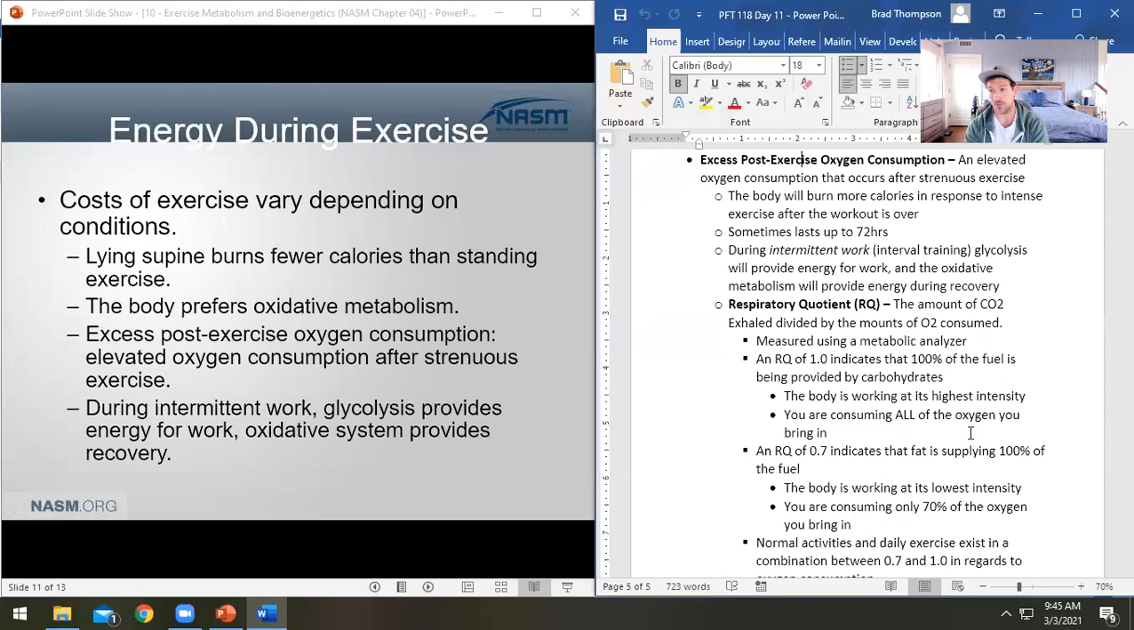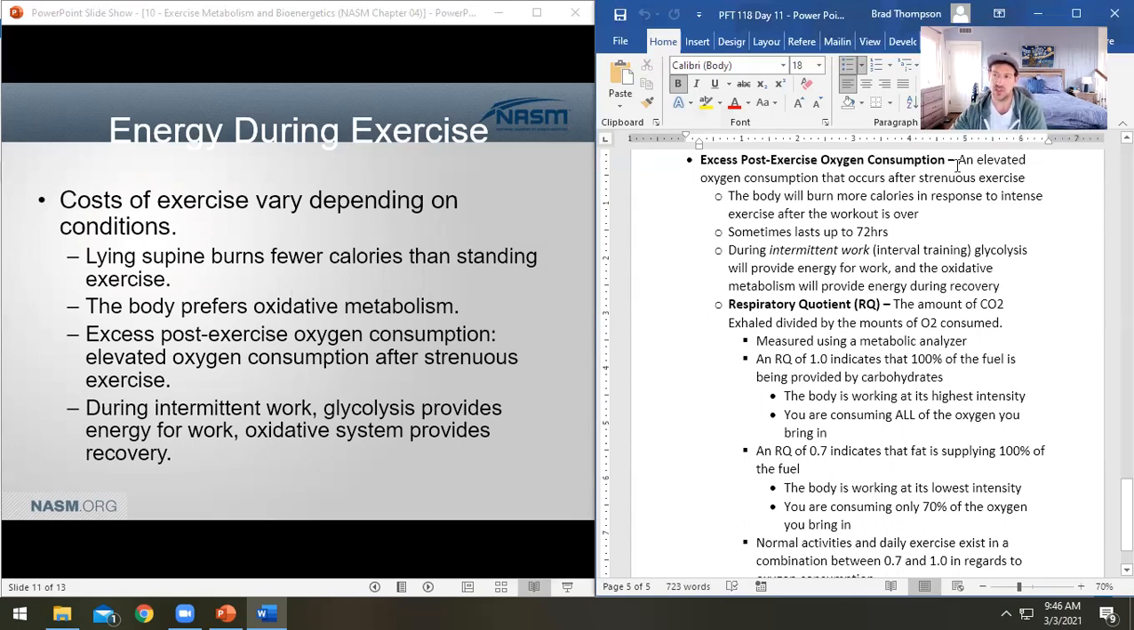So it definitely has its purposes there. But we know that standing burns more calories than sitting. We know standing on one leg burns more calories than standing on two legs, right? And because your body prefers that oxidative metabolism, it likes that long duration stuff for low intensity, right? You're going to be primarily burning fat during these workouts, right? But on the flip side of that, the nice thing about strenuous exercise, which is going to rely not on